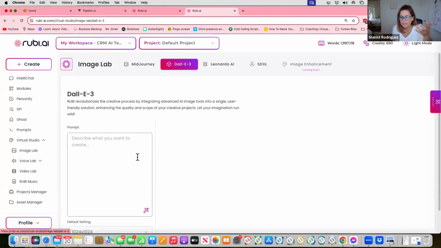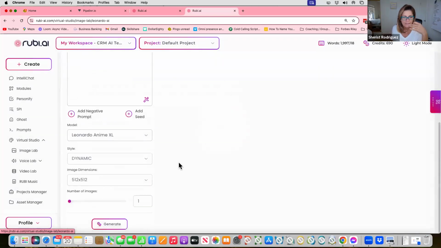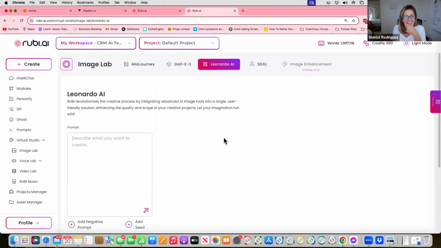If it's giving me an output that I like, then I'll go do it in Midjourney or Leonardo. Even in these, they have different ways, so we should do some training later on all the different ones. Heidi, do you have anything to say on these in the Image Lab?